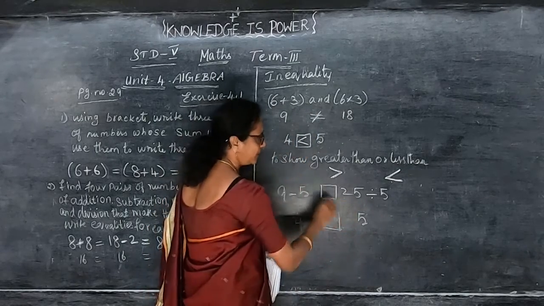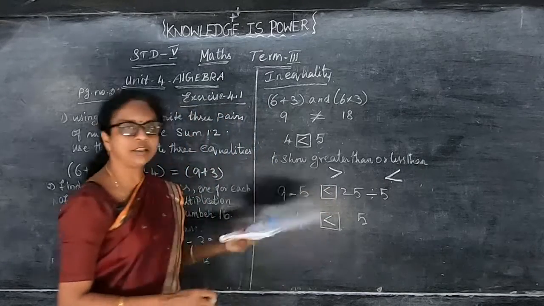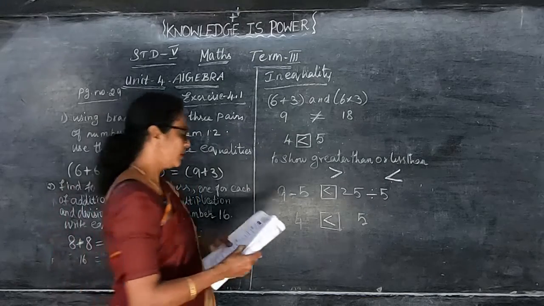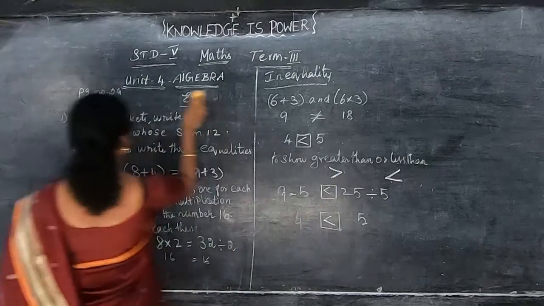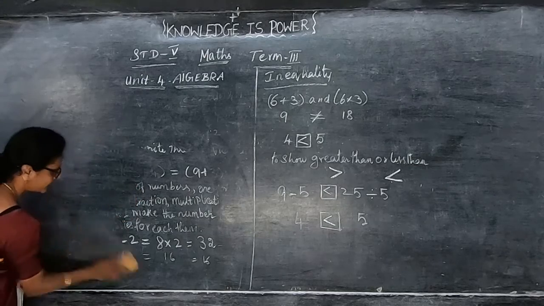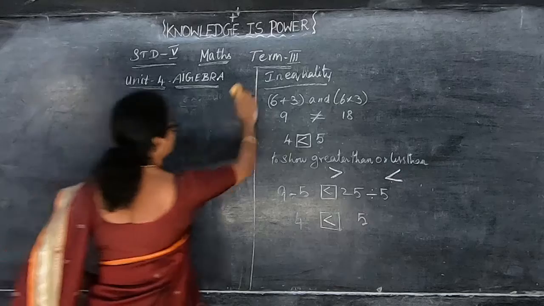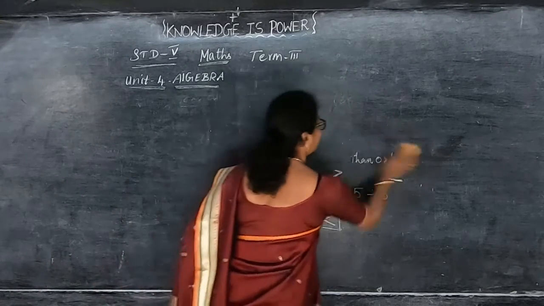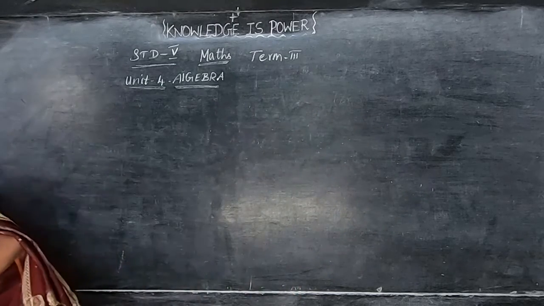அப்போ less than symbol னா எது சொன்னா, this is the less than symbol. So you can put the symbol like this. This is only we are going to see in these exercises. And suppose, so this is the way of putting that this is the greater than symbol and this is the less than symbol. Okay. Now we will see some of the sums regarding this greater than or less than. So this is known as the inequality. Equality means all the numbers will be the same, but in inequality we will put the greater than or less than sign.